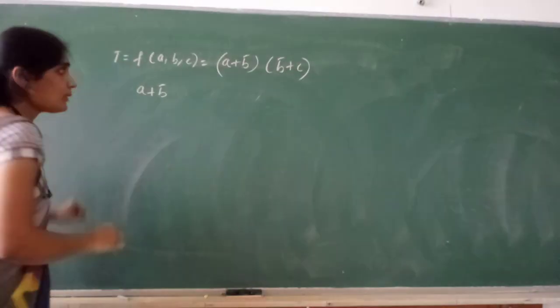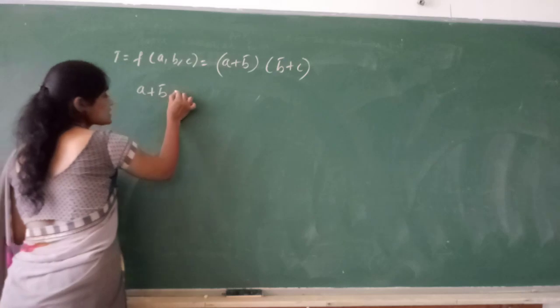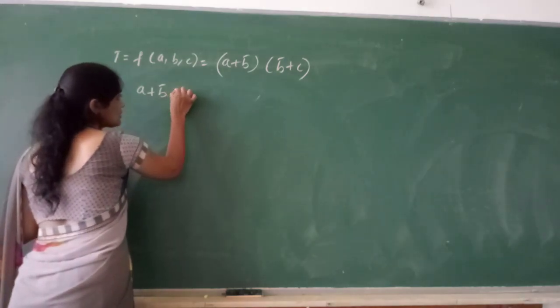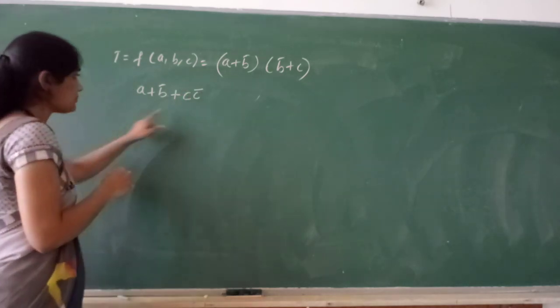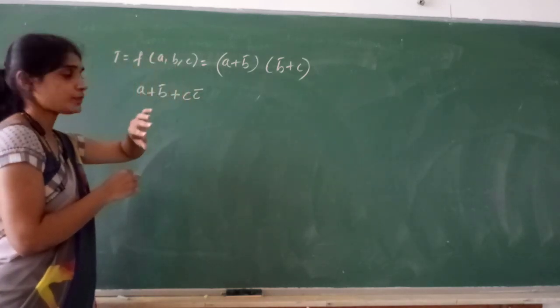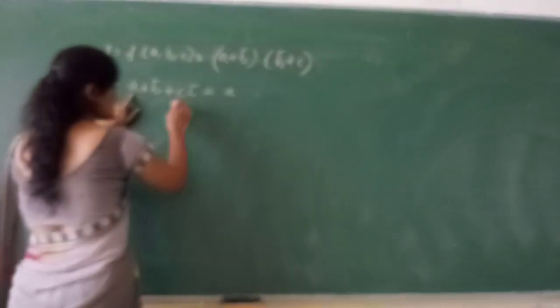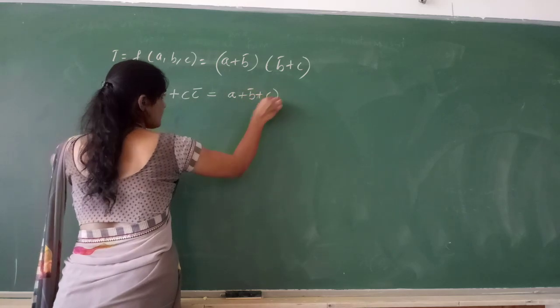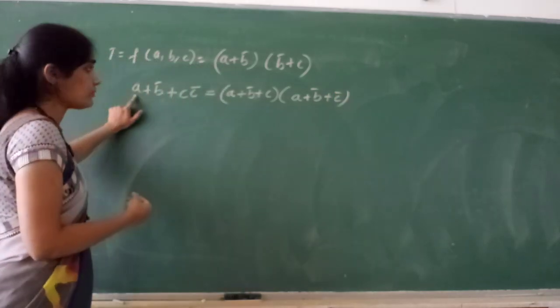So now I take the first term. Just look here at how to put this in the proper canonical form. This is a term, and for a max term, what we have to do is add the missing variable here: c plus c bar, the product of a plus b bar plus c and a plus b bar plus c bar. This is how we expand this. So now this is a max term, this is a max term.